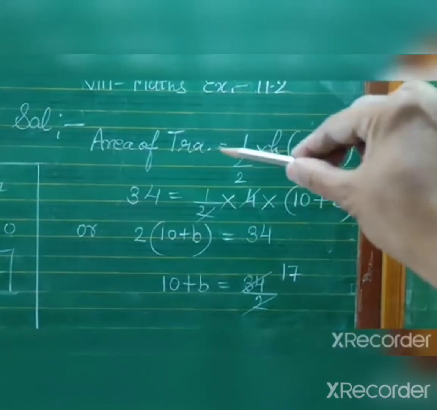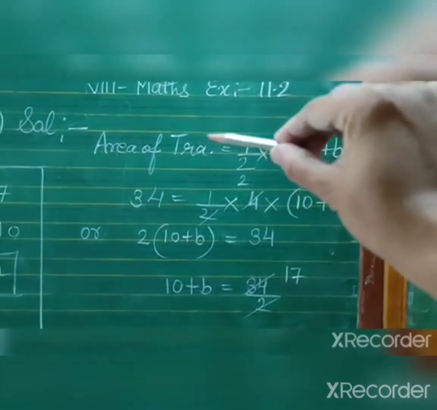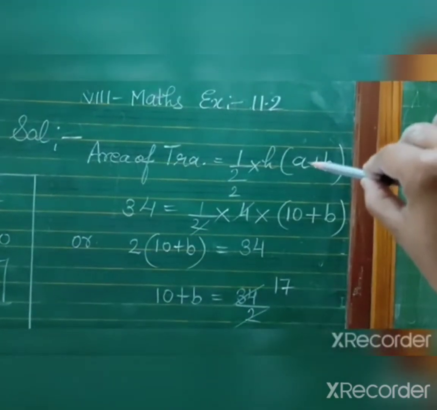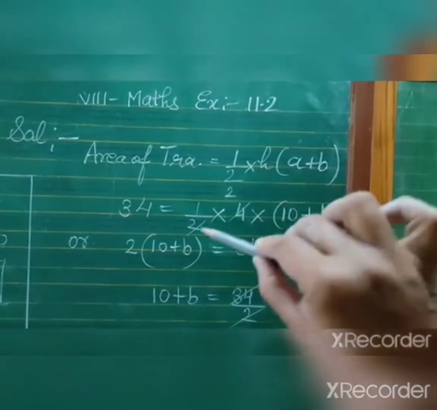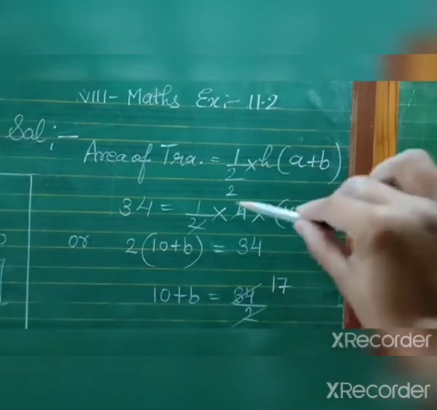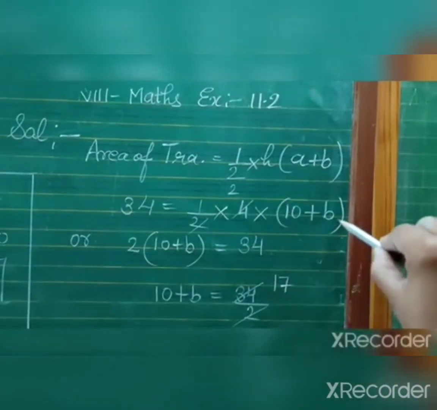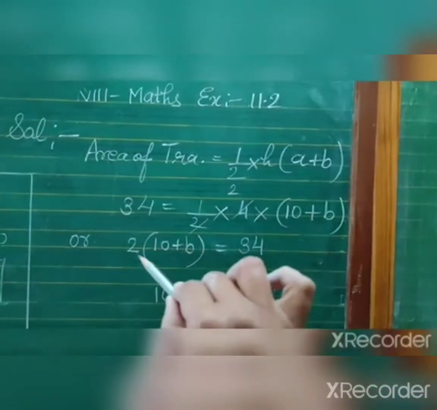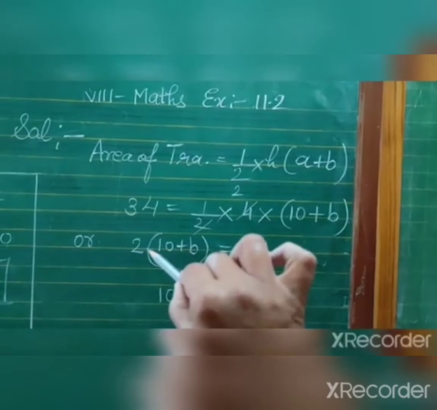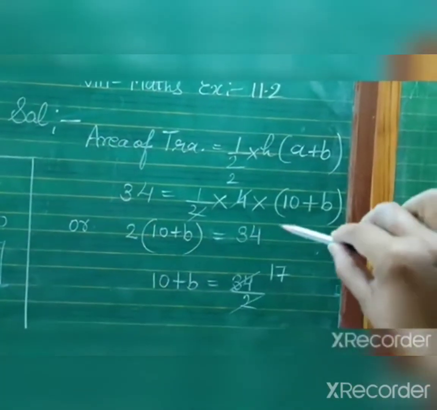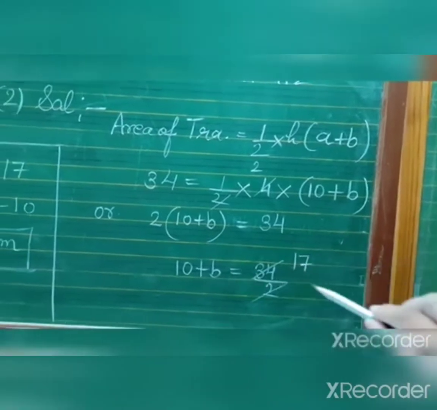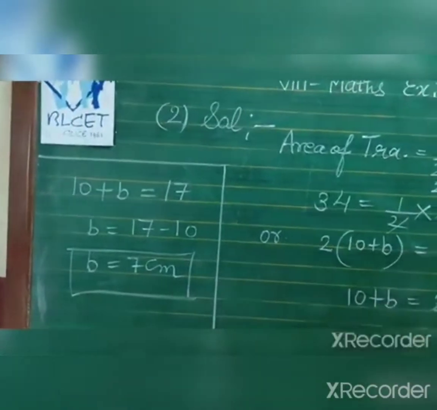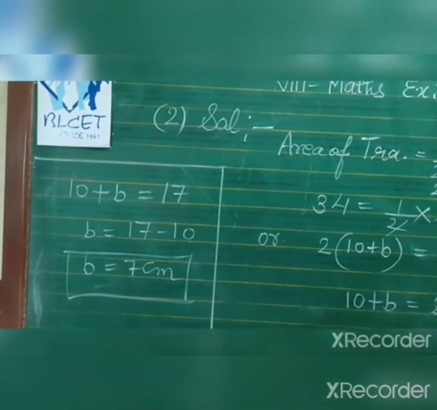Now you can see here trapezium, you will write full spelling. So area of trapezium 34 is equal to half, H is 4 into (the first parallel side is 10 plus B). 2 ones are 2, 2 twos are 4. Or you can write 2 because we have to calculate the value of this. So 2 into (10 plus B) equal to 34. In this you can see in the bracket multiplication sign we assume, so opposite of multiplication is division, so 34 upon 2 is 17, so 10 plus B is equal to 17, so B equal to 17 minus 10, so the other parallel side is 7 centimeter, you will write.